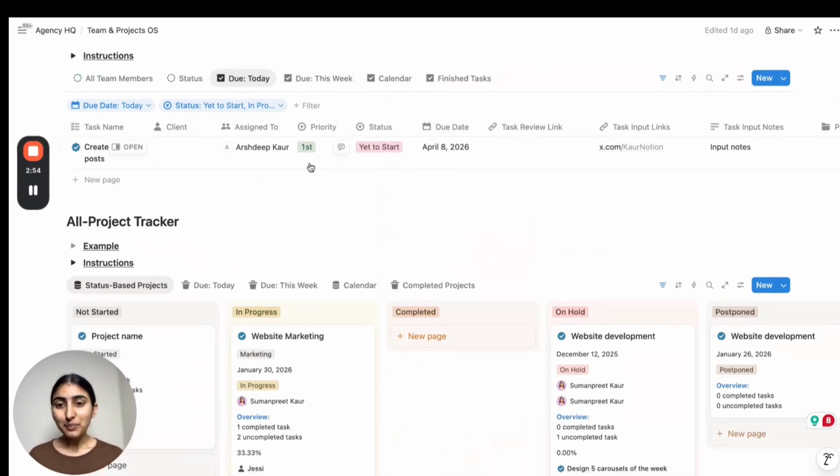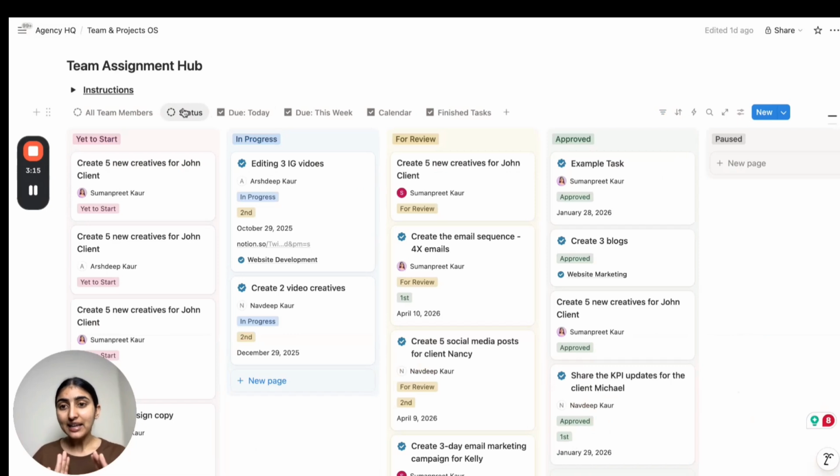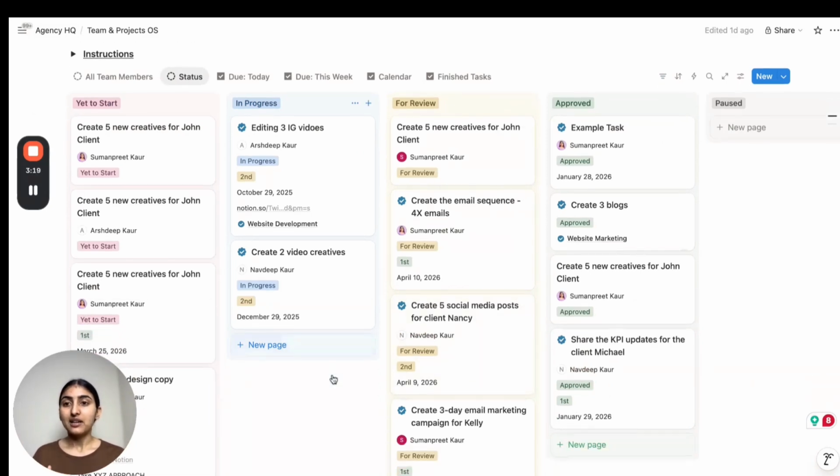Okay. And the next part is the most practical part of the system. This part shows only the tasks which have the due date today, so that you and your team can focus on what matters the most rather than getting lost in everything. So you can come here and your team can come here and they can see that, okay, this is the top priority for us. And the best part about this system is that you can make any entry anywhere in this view and it gets automatically organized and updated everywhere.